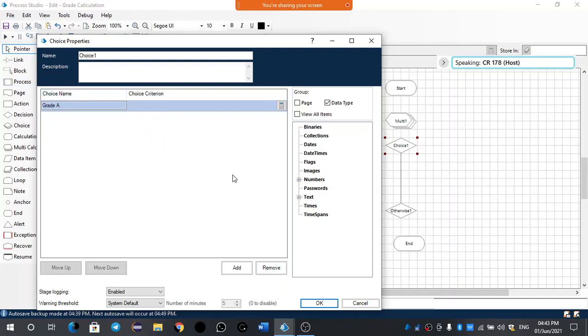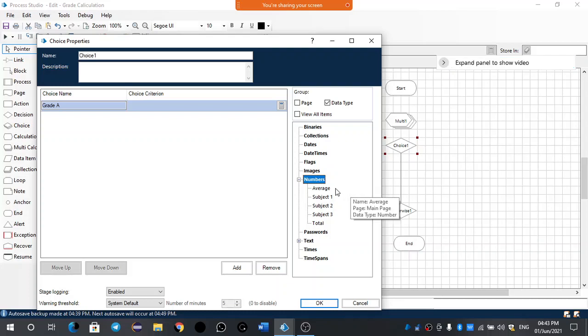In the choice calculation, go to numbers where we have to take total or average. Yeah, average we have to drag the average, which is greater than 90. Yeah, greater than 90.